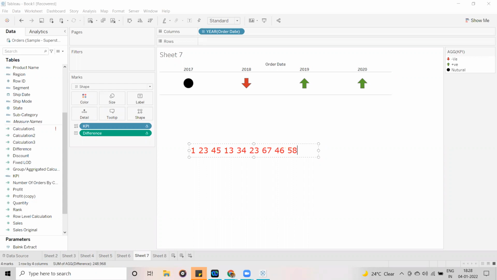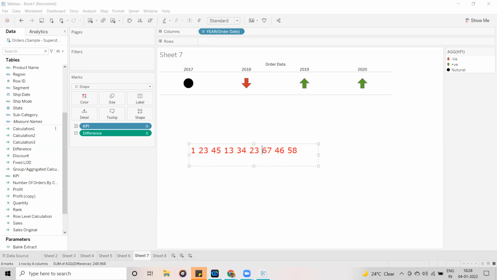First, the values are ordered from ascending to descending, meaning small first: 1, 13, 23, 23, 45, like this. Then 60% means it is going to take the point near here. It calculates how many values fall below that 60%.